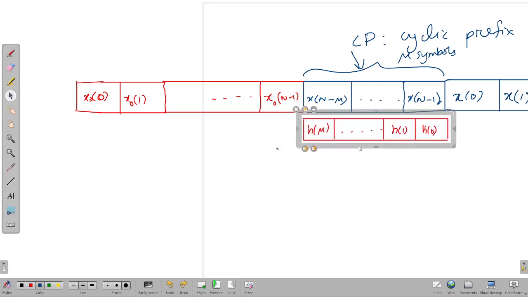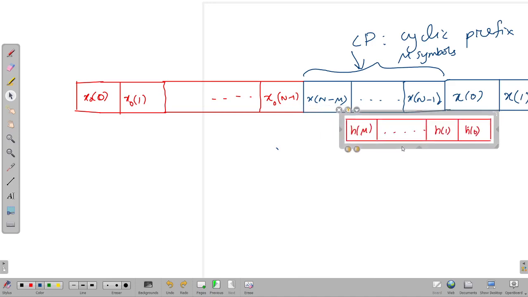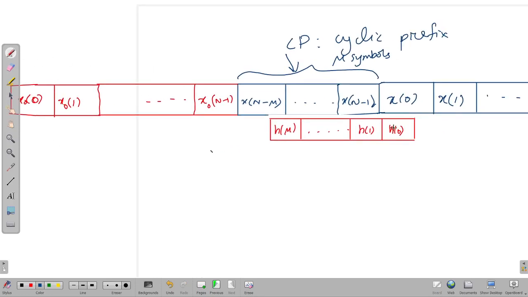And as such, it moves to this point where h of 0 gets multiplied by x of 0. Okay, let me just write it as y of 0, y of 0 equal to